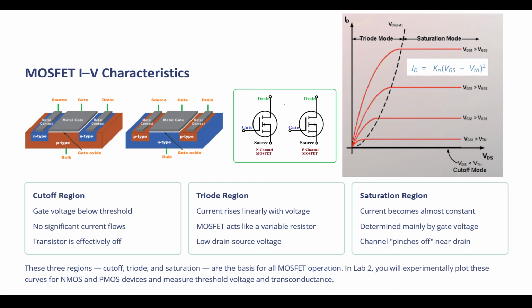Okay, the third one, which is the middle pin in the graph, is gate, which is the control. So the other two are the signal or the power pins. Okay, the middle one is the control pin. Using the middle pin, you are controlling the behavior of your transistor. Okay, now